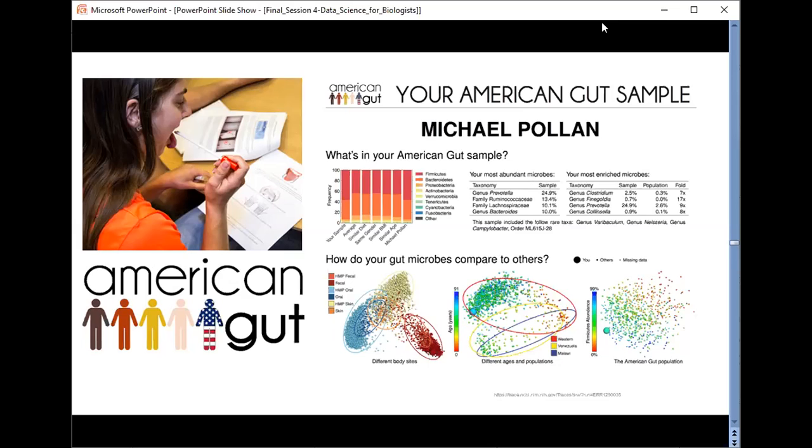So this is one of the major projects available on the human gut microbiome.